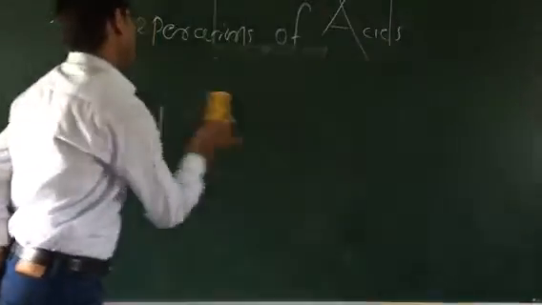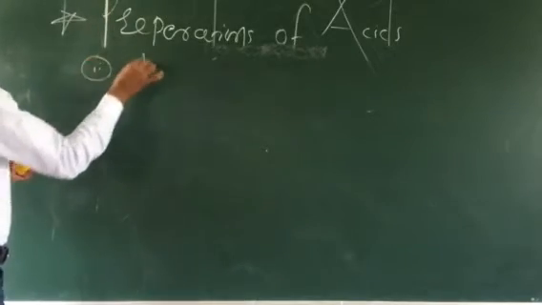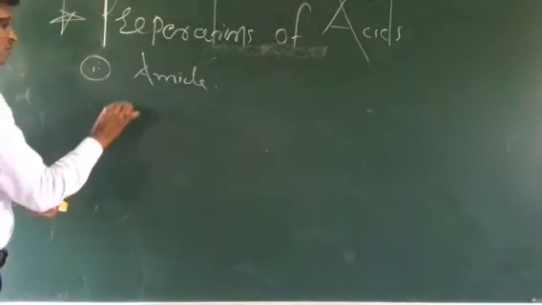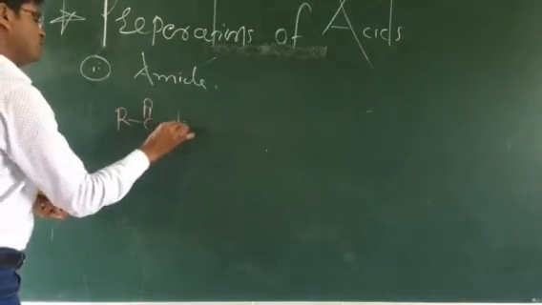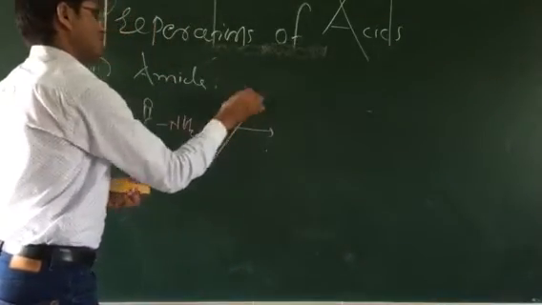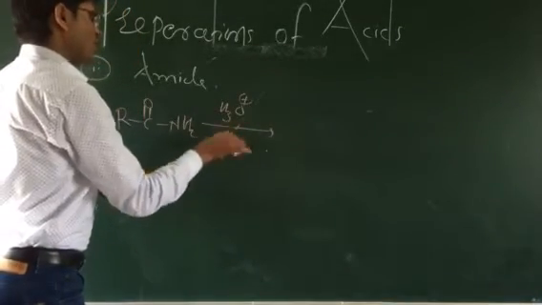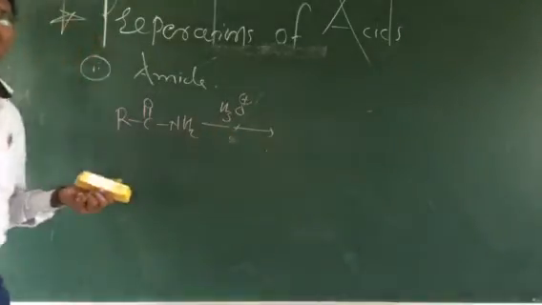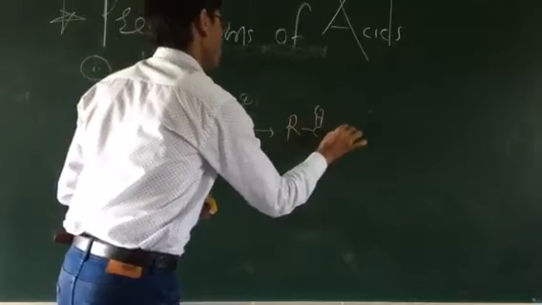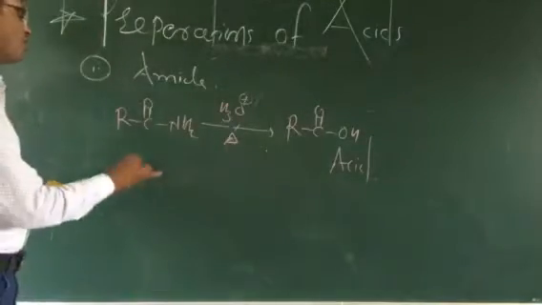Then the next preparation method of carboxylic acid, the second, is from amide. This amide is again a derivative of acid. If our starting reactant molecule is an amide, CONH2, again it is hydrolysis in acidic condition. You can say simply hydrolysis in acidic condition, written as H3O+ or H2O/H+. Again formation of COOH. Here is the generation of acid or carboxylic acid starting from amide.